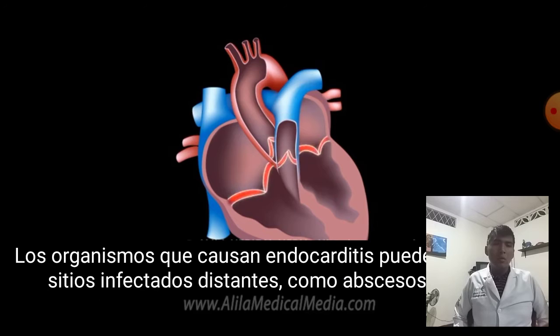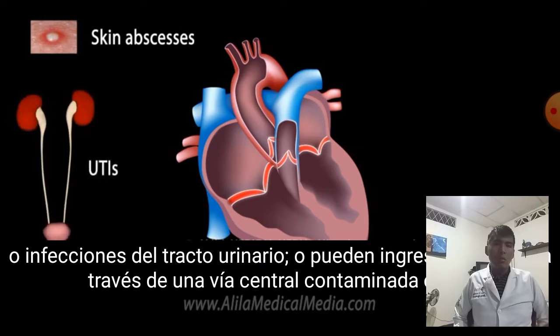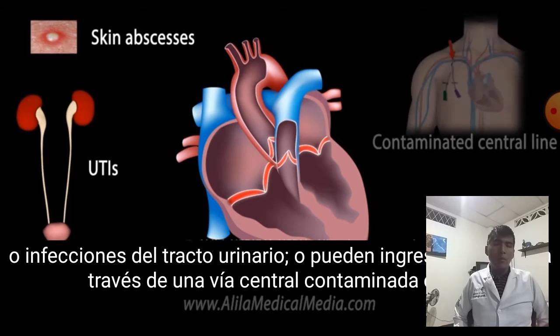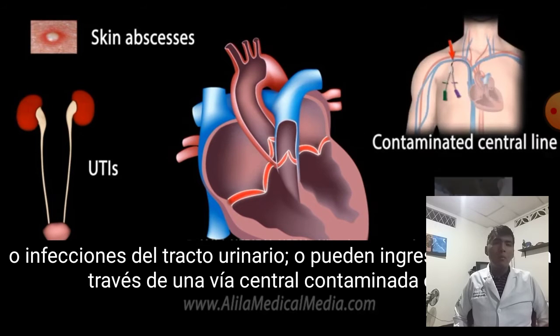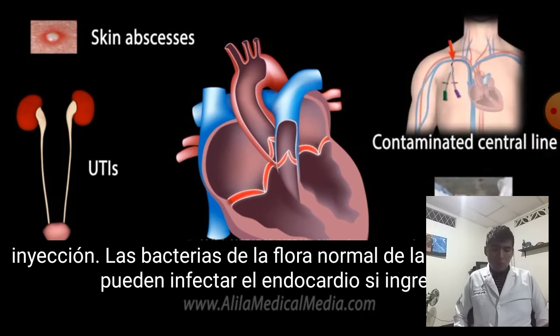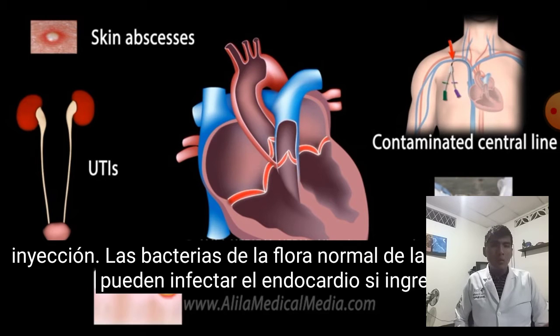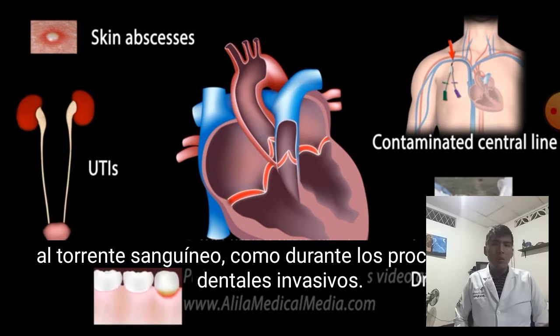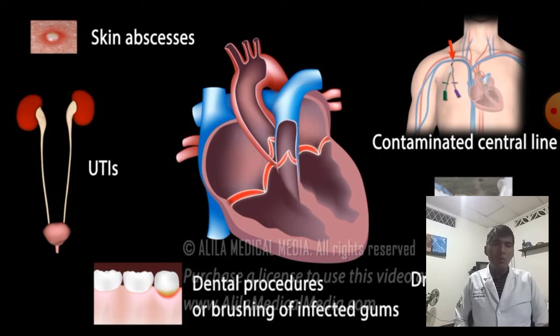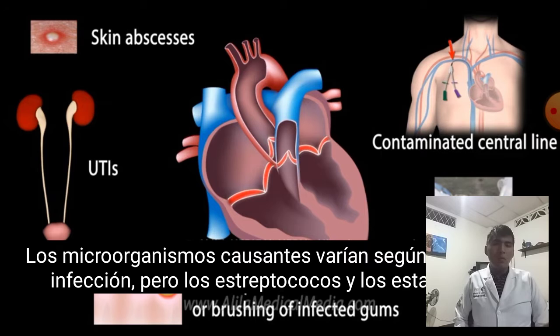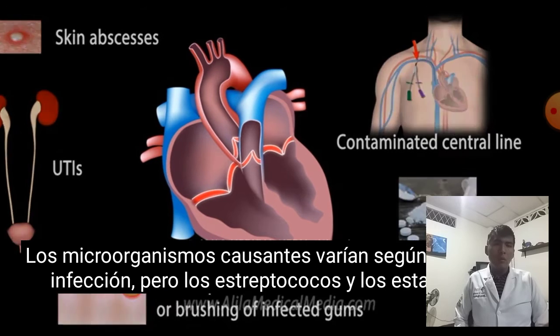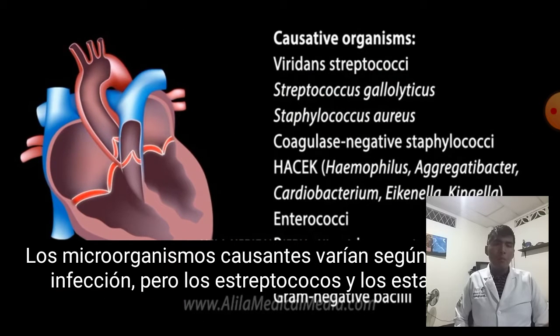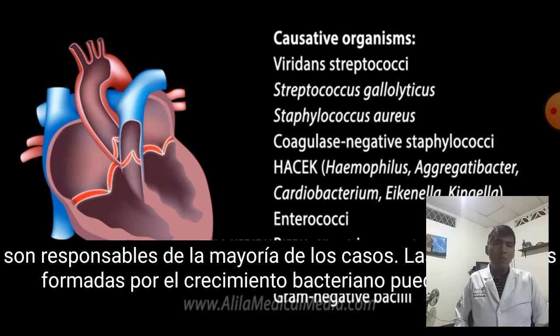Organisms that cause endocarditis may come from distant infected sites, such as skin abscesses or urinary tract infections, or they may enter the body through a contaminated central line or injection. Bacteria of the normal flora of the mouth can also infect the endocardium if they get into the bloodstream, such as during invasive dental procedures. Causative organisms may vary depending on the source of infection, but streptococci and staphylococci are responsible for the majority of